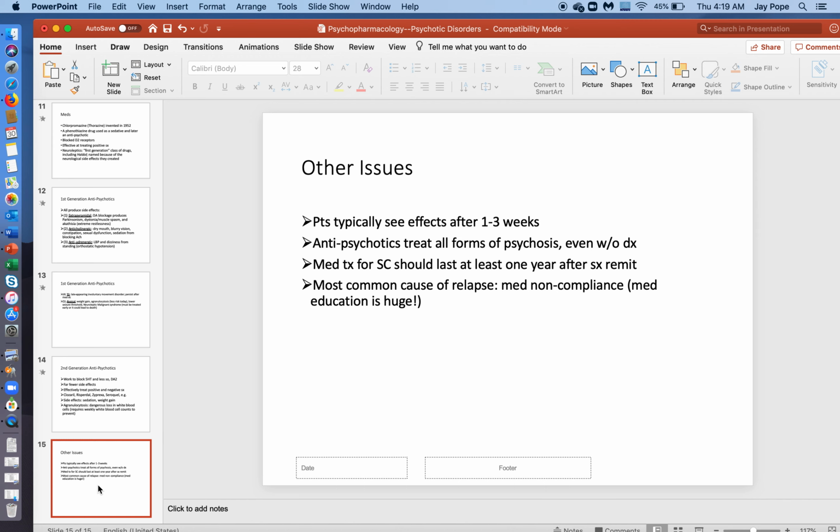The most common cause of relapse in people with schizophrenia is medication noncompliance, which, as you might imagine, is a very huge issue. So, education about staying on the medication is very important. Of course, there are also other major social factors associated with schizophrenia, including loss of work, loss of income, homelessness. Poverty is very, very highly correlated with schizophrenia, and I can talk to you a little bit about that and some other sociocultural implications of schizophrenia if you'd like.